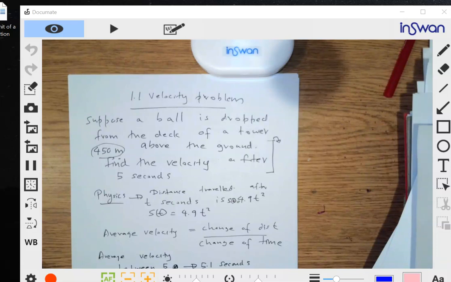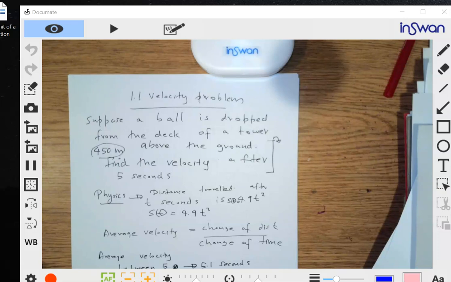Now, usually you may have seen this and wondered what's the big deal here. Before calculus, you may have done problems like this, where you find the velocity as the change of distance over the change of time. In all these problems, they would have asked you to find the velocity between, say, 5 and 6 seconds or 5 and 7 seconds. But in this example, they want you to find the velocity after exactly 5 seconds, the instant velocity,